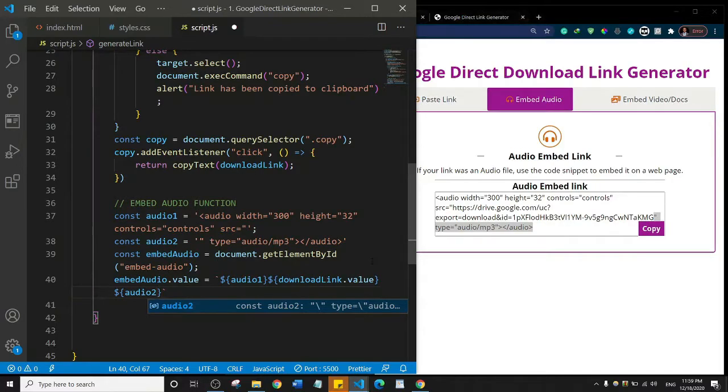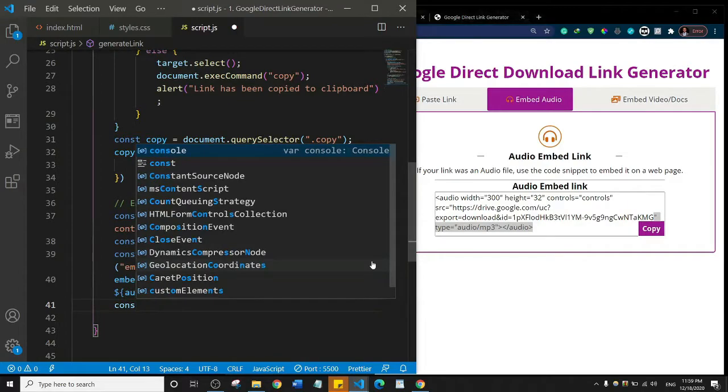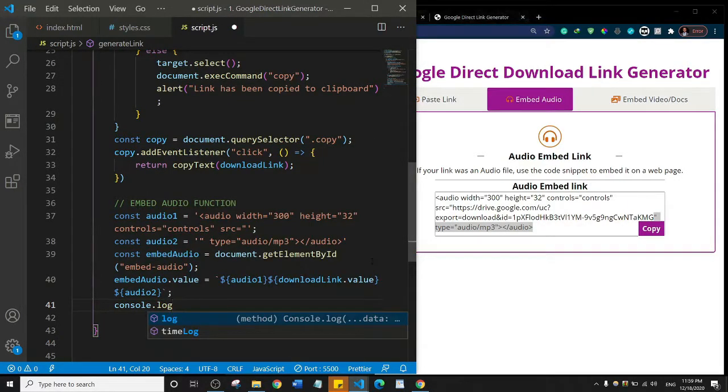I think that's it basically. So let's do this. So I think first off, let me log to the console, and say I want to log the embed audio dot value. So embed audio dot value, and then I'll just save that. Okay, so if you notice something, you see that